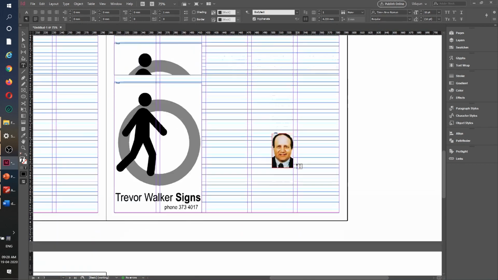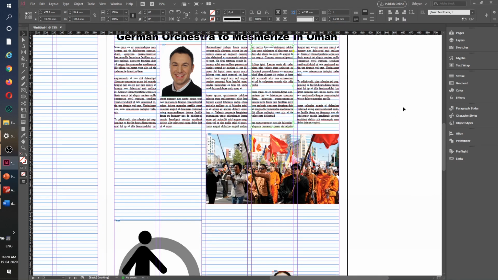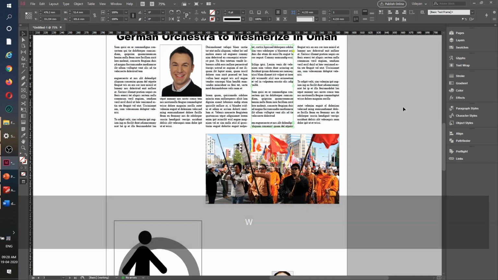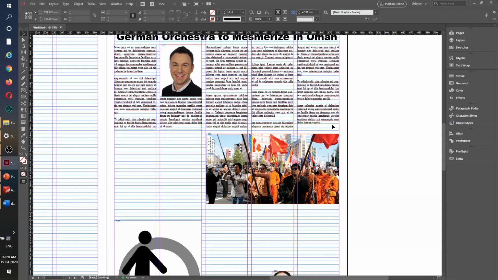Everything will be organized. So basically we are looking for this kind of a setup. If I press W, you can see how it works. Then we will write our jump page information here, but let us first fill in other stories as well. So here I will add my second story.